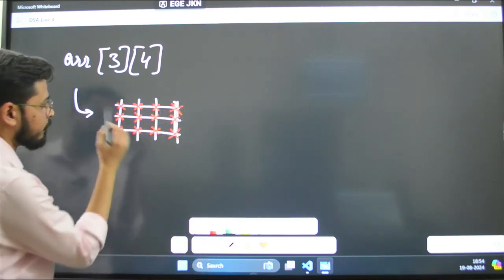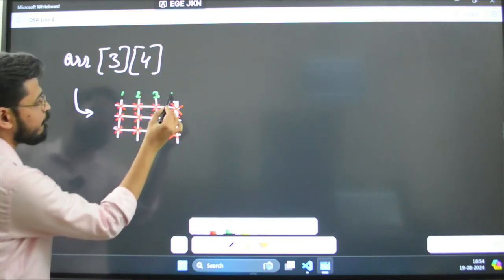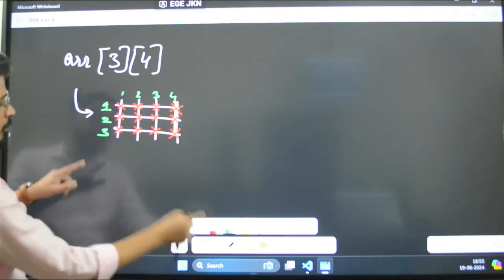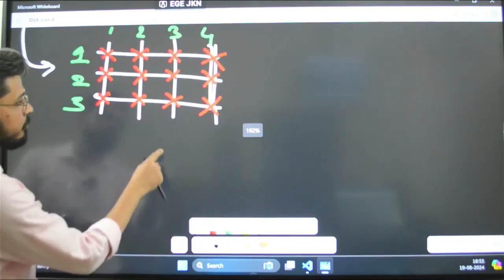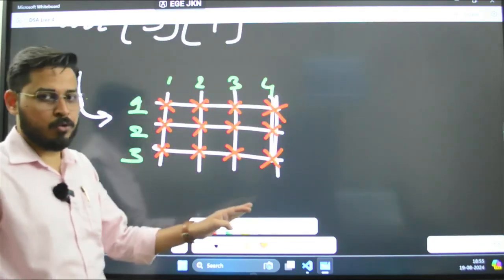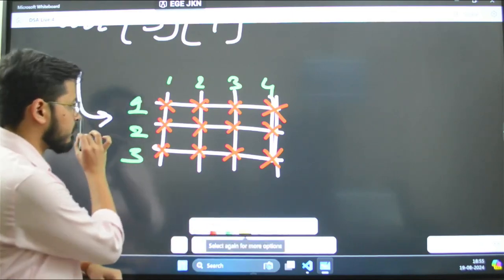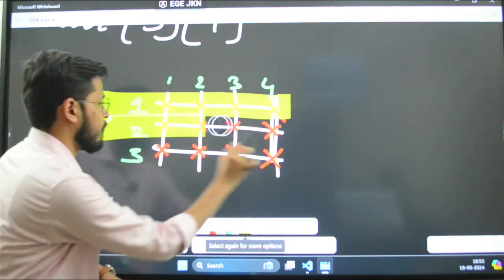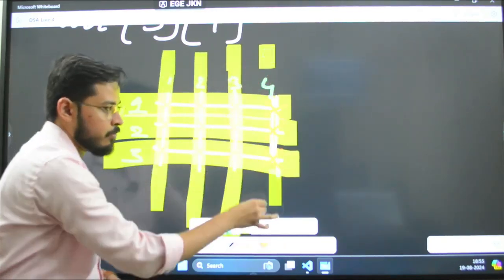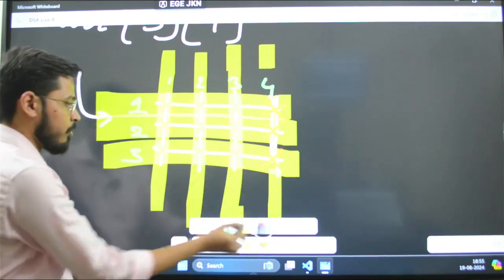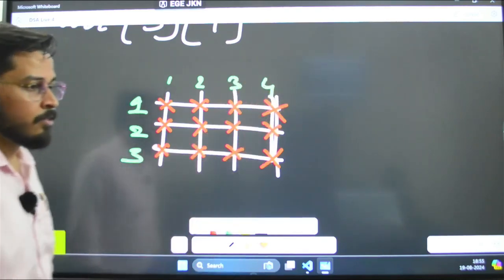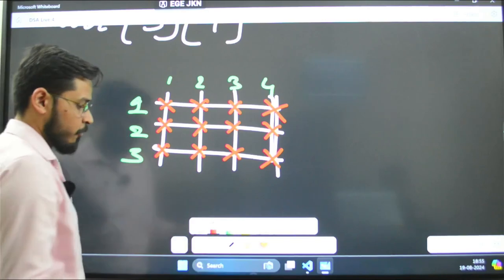You see how many numbers you have? 1, 2, 3, 4, and this is 1, this is 2, this is 3. If I zoom in, you will understand it much better. You see, I have created this grid of 3 by 4. So this is gonna be 3 and this is gonna be 4. You may not be able to see it properly, but you got the point. Understood?